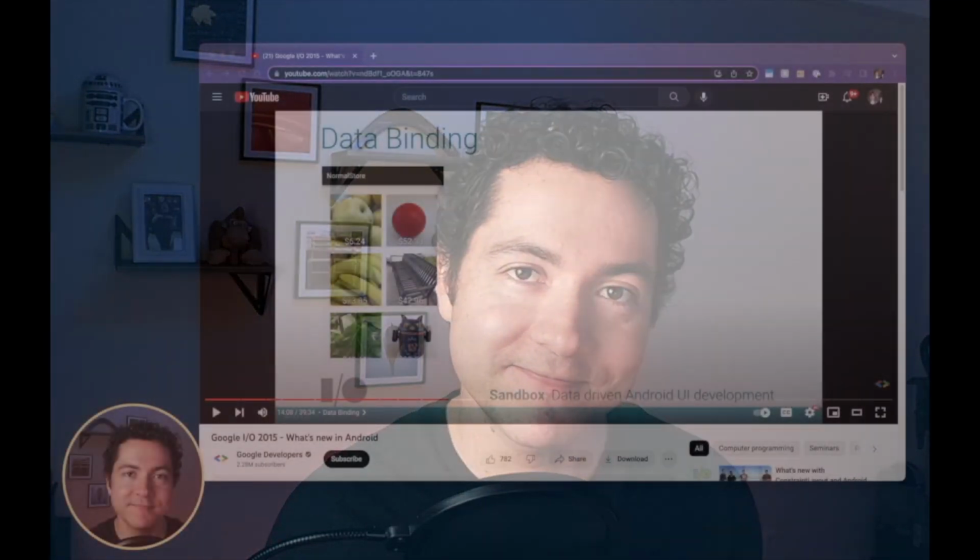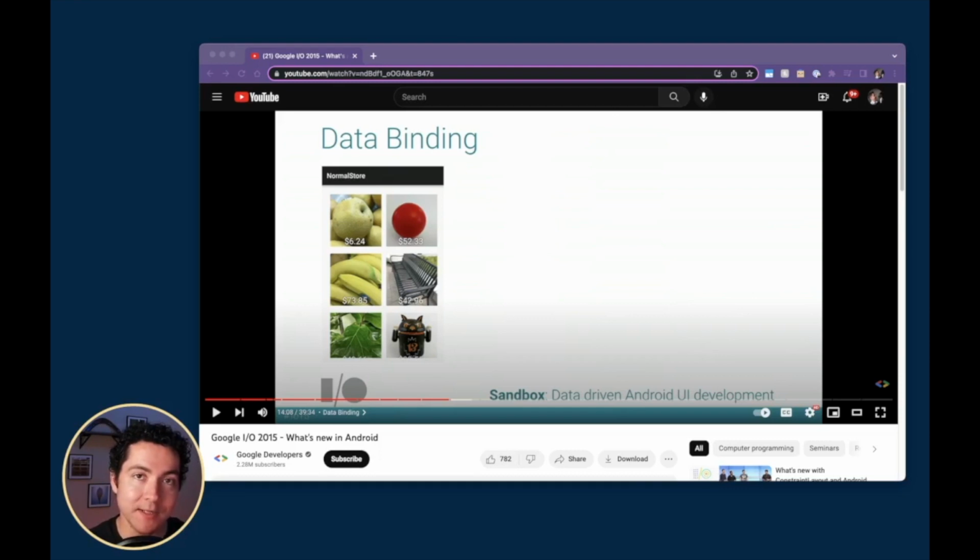What if I told you you can connect your XML layouts directly with your view models so that you don't have to deal with any fragment code? Well, today we're going to update our Cupcake shopping app to work with data binding. Let's get started. Data binding was announced in Google I/O 2015, and its purpose was to help you avoid using